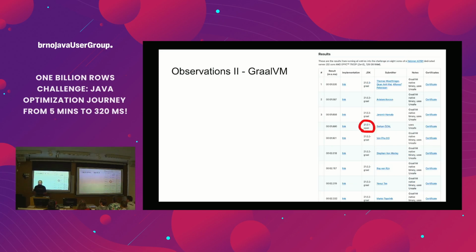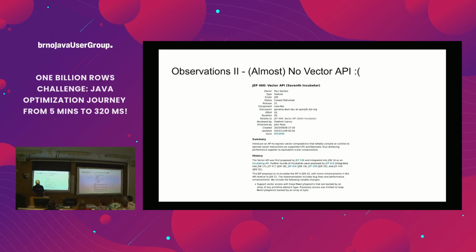Another observation, GraalVM. Again, this is the scoreboard. There's only one solution in the top, number 4, which does not use GraalVM and native compilation and uses OpenJDK, done by Serkan Özel, former Hidrokas developer. But everyone else in this top was relying on ahead of time compilation.